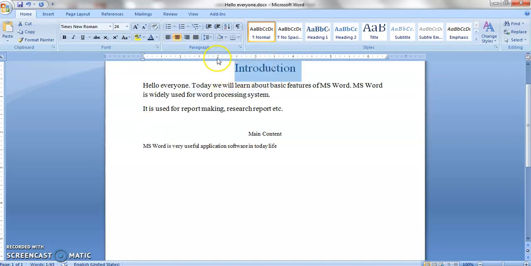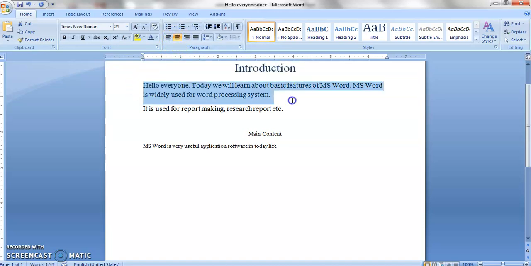By default it is selected as center. Suppose you want this title to be on the right, I will select right alignment, and when I click this one, it will get shifted to the right. Suppose you want it on the left, again you will select the left alignment, and it will get it. But our title should be in the center, so that's why I selected center.